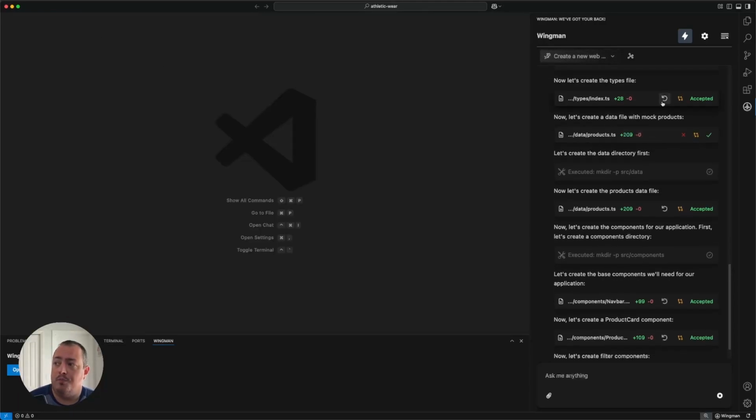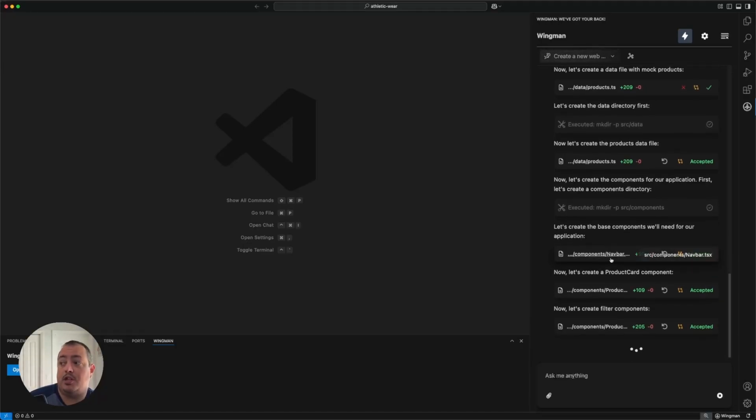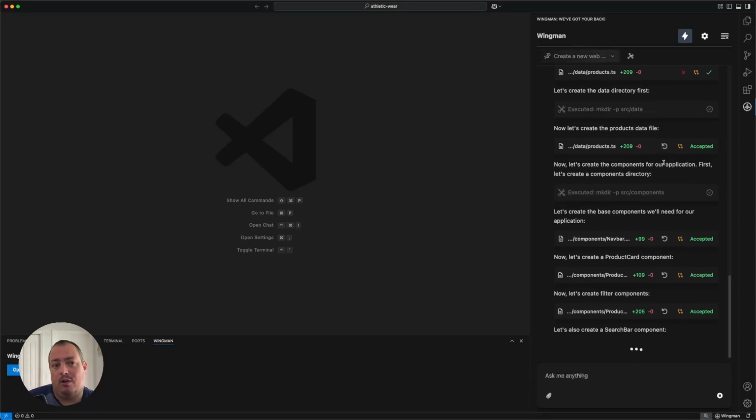If I hit undo, effectively that file didn't exist. So it'll do the same thing in this case. But as you're continuously editing files in the same file multiple times, there's distinct reasons why you would want to use one or the other. So if you've edited a file 30 times, you could go up in the chat history and you could say, you know what, I want to take the state of that file before this edit happened,